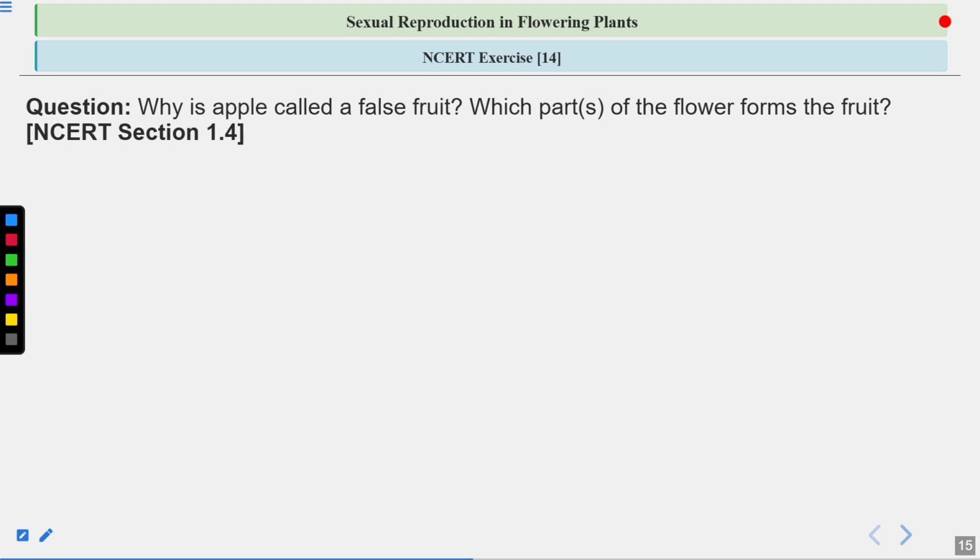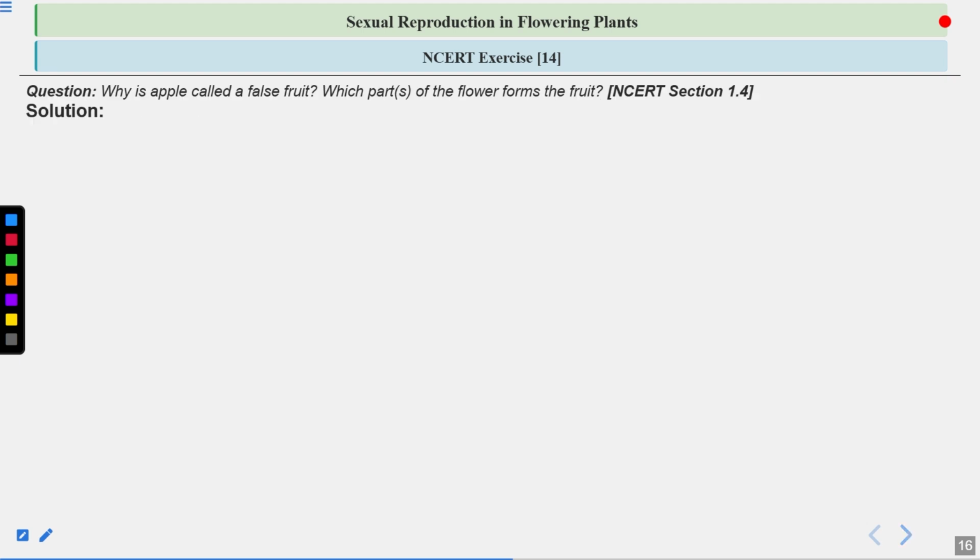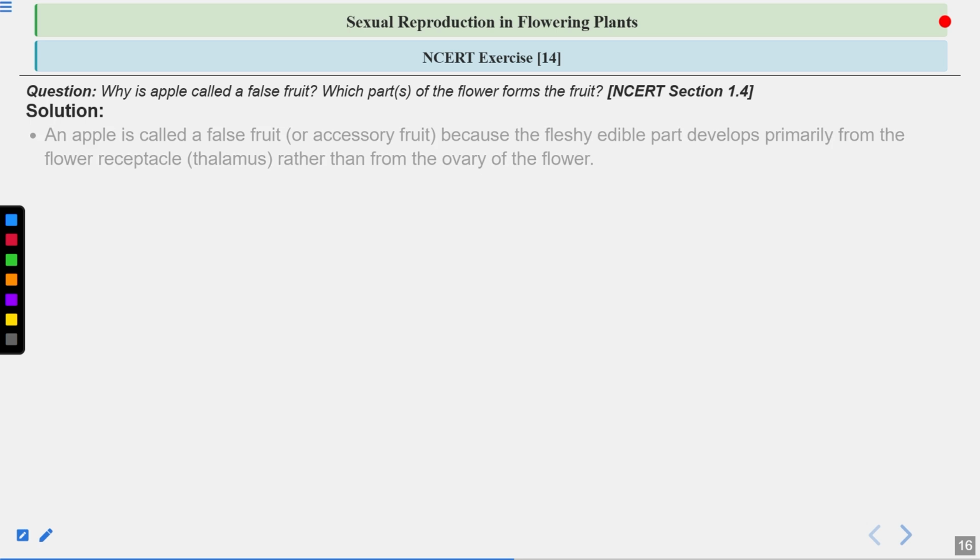So the next question is here. Why is apple called a false fruit? Which part of the flower forms the fruit? This question comes from the NCERT, section 1.4. So this was the question. Let us see the answer. An apple is called a false fruit